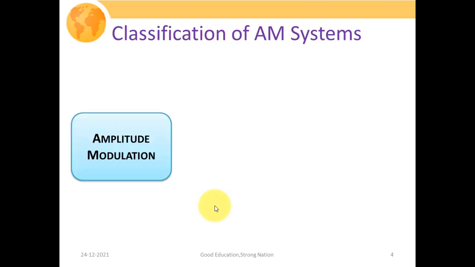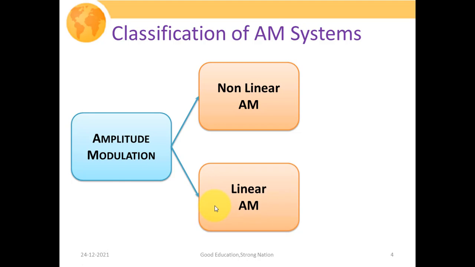So how are we going to classify our amplitude modulation? Obviously, in terms of their generation mechanism: whether we are using non-linear devices for the generation of the AM system, or certain linear devices for generating AM modulation. So for non-linear amplitude modulation, where we'll be using some diode device or any non-linear device to generate your AM system, we can classify our non-linear AM as your amplitude modulation double sideband full carrier system, where we'll be having both the sidebands along with your carrier. So this is your traditional AM waveform.